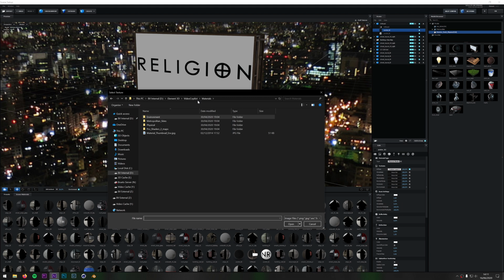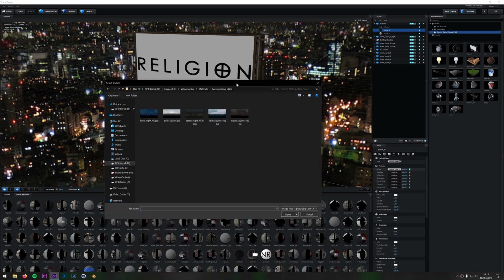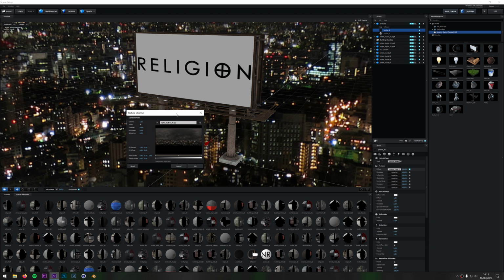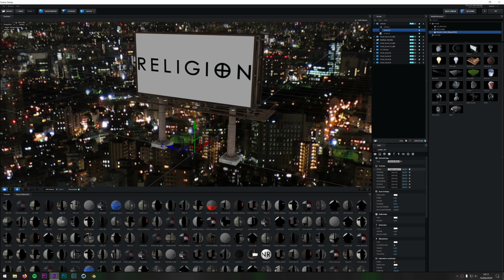And with the Metropolitan pack, you actually get Metropolitan skies, so you can add in one of these as well. This doesn't come standard with Video Copilot, but you don't have to use these. You could just go online and find an HDRI or any panoramic picture you want, really. And the one I've used is this one, so I've clicked that. I've clicked open, and then what it's done is it's used this as the environment, and I hit OK.